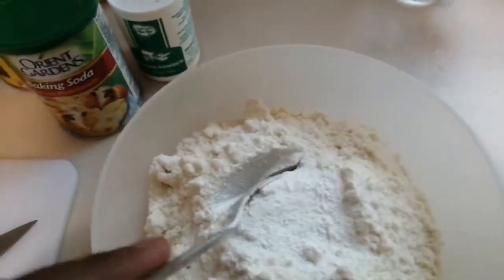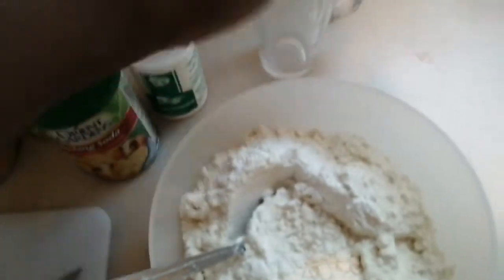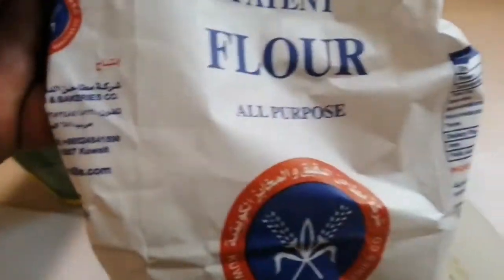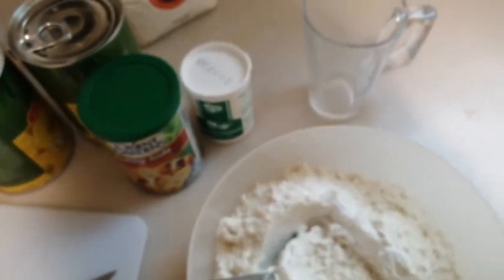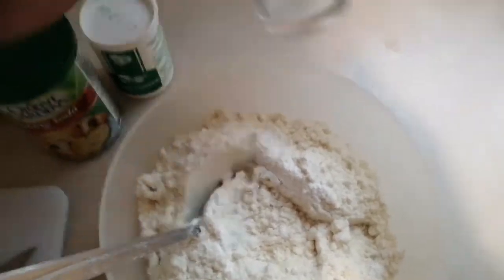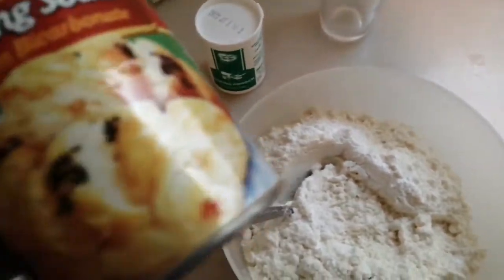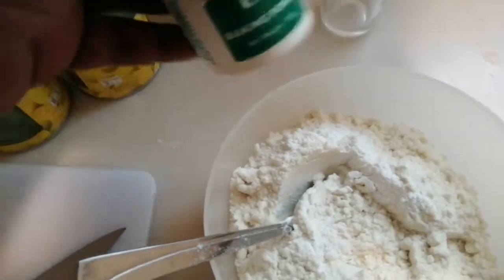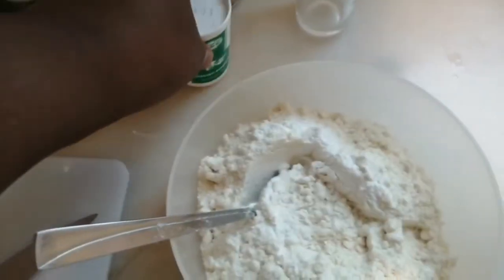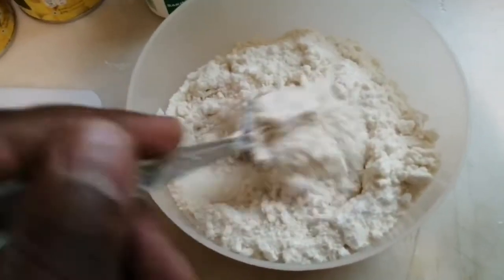And here I've got all the dry mix. I'm using this small cup to measure everything. I have in here 2 cups of all-purpose plain white flour, 1 cup of white sugar, 1 tablespoon of baking soda, as well as 1 tablespoon of baking powder. So that's all I've got in here to make the crust for the